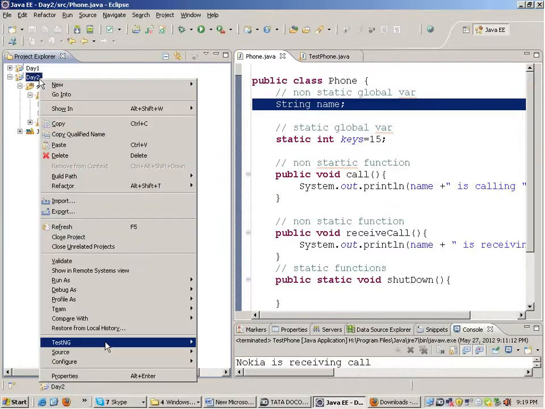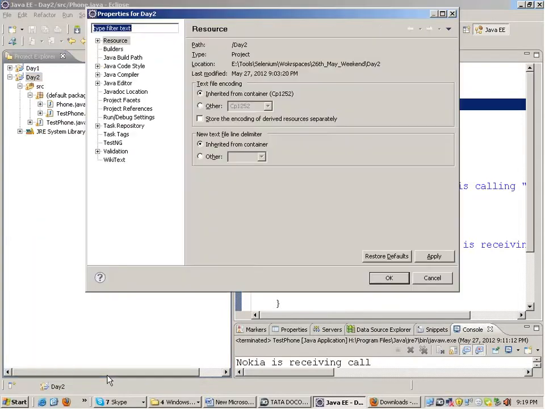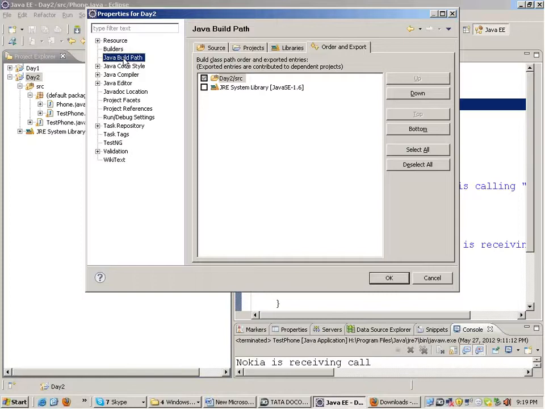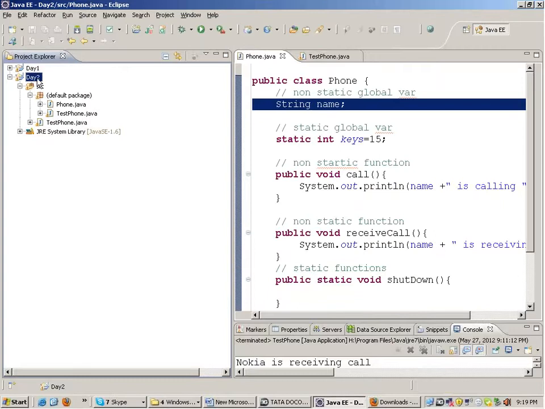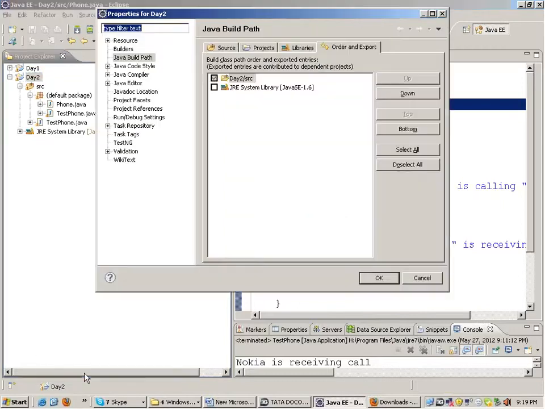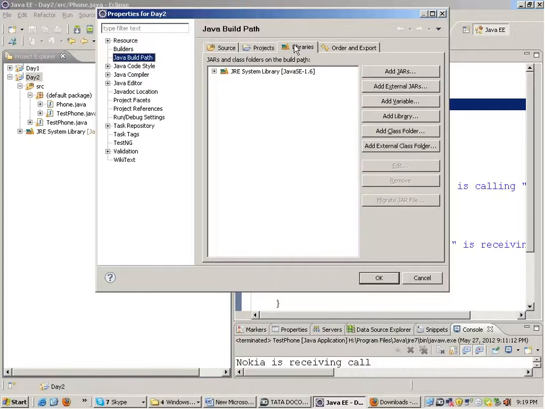You need to go to the properties of your project. Go to the project properties, go to Java build path, go to the libraries tab. Right click, go to the properties of the project, go to Java build path, click on libraries and add external jars.